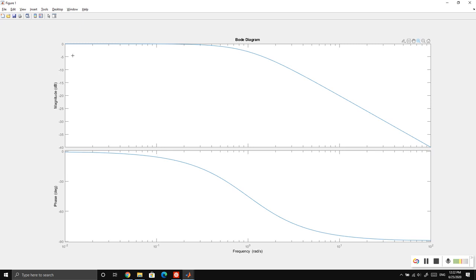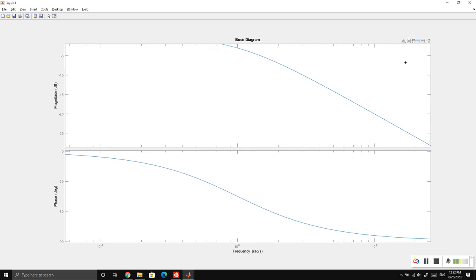And this plot is plotted on the dB scale. If you remember, dB is a unit for measuring noise, right? It's also used to measure the magnitude of signals, right? And this is a log scale. It's not the traditional linear scale. So, for instance, this point corresponds to